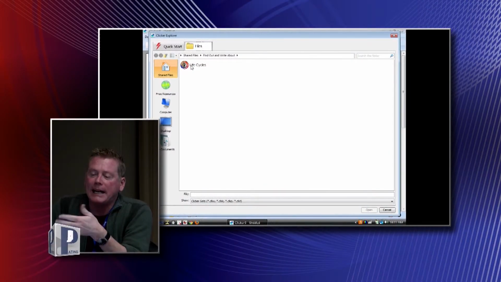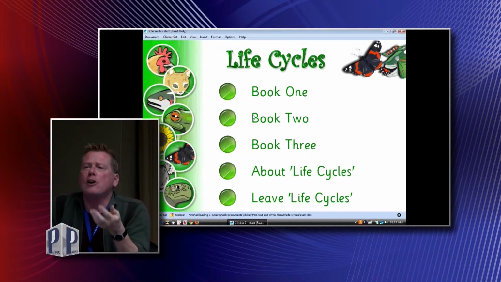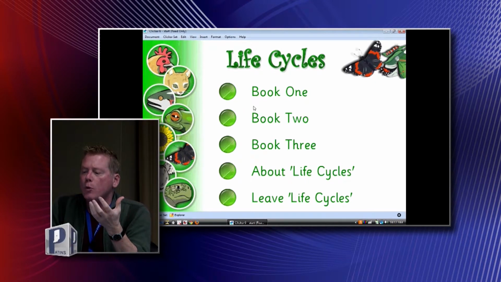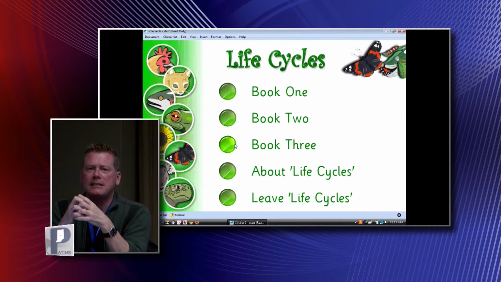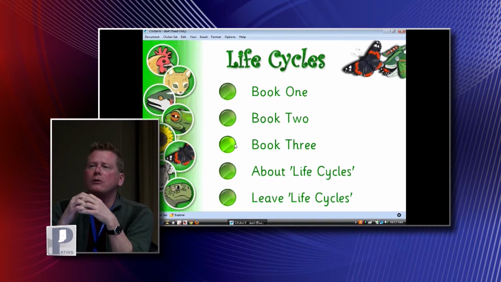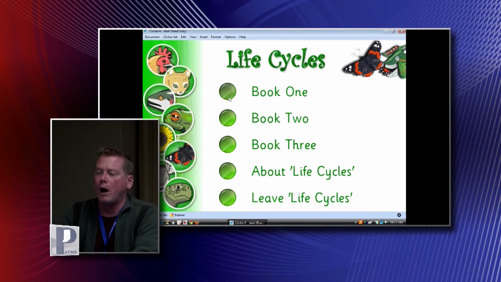So if I go to some of their Clicker sets, you'll see that they have a whole series called Find Out and Write About. A number of them fit really well into our science area here. One of them that I have installed on this computer is the life cycles. In all of the Find Out and Write About series, there are going to be 3 different books. The content of the books is going to be the same. How the books and the content are laid out is going to be different. So if I go into book 1,